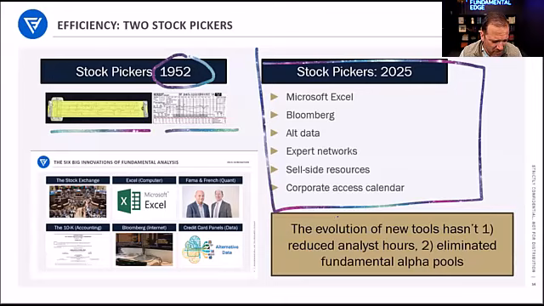People who observe alpha pools might argue that not only has the evolution of tools not reduced analyst hours or the number of analyst seats, it probably hasn't even eliminated fundamental alpha pools. The size of dollar alpha is probably larger than ever. Certainly, if you look at 2022 to 2024, the dollar alpha generated by a number of large multi-managers is at